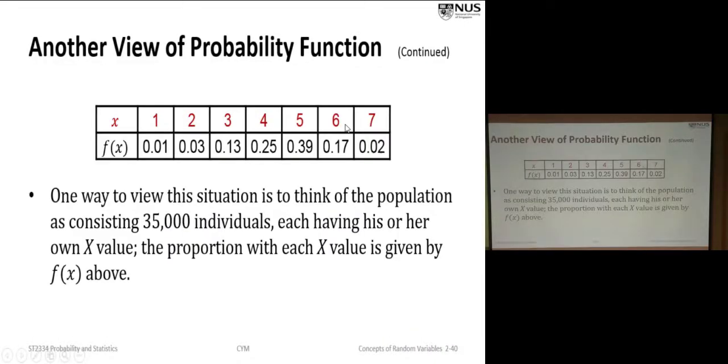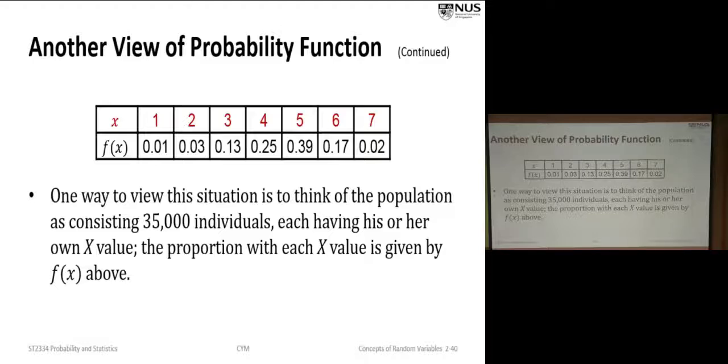This one. All right. Now, this is the number of modules from 1 module to 7 modules for NUS students. Altogether, we assume that is 35,000. So you can think of it like this. On one hand, you have 35,000 values. Each student has 1 value, the number of modules that they take. So the average can be just add up all these 35,000 values. Some of them are 1s, some of them are 2s, some of them are 7s. So add them up and divide by 35,000. So that is the usual way that we compute the average.